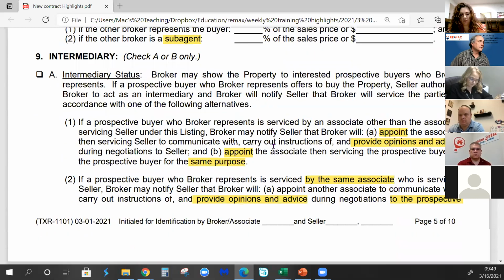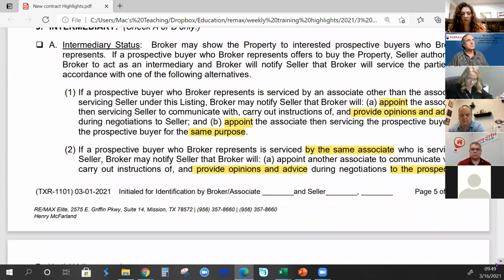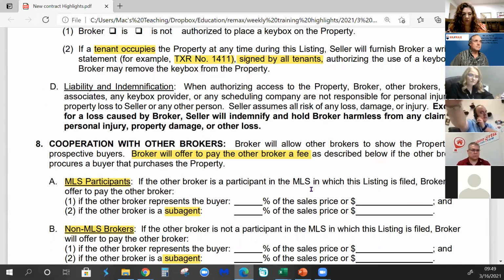All right. Mac, I might add one thing, because Norma hit it right on the head, because I've had that happen several times. Sometimes you get some kind of a CEO or somebody from the hospital or some big person that comes down here from Austin or someplace else in Texas, and you're showing them property, and suddenly somebody pops up out of Austin. They say, oh, but this is my agent in Austin. She's going to write the contract for me. And if you don't have everything all set up ahead of time, just like Norma says, on every single contract, I at least put 2.5 on non-MLS,